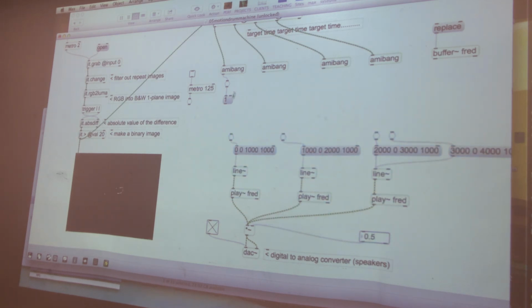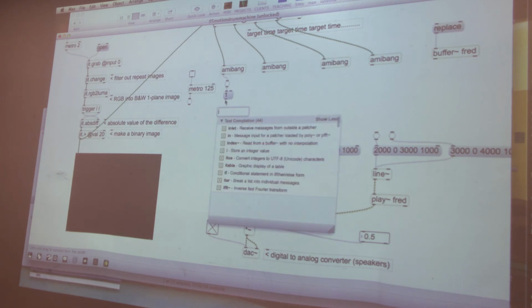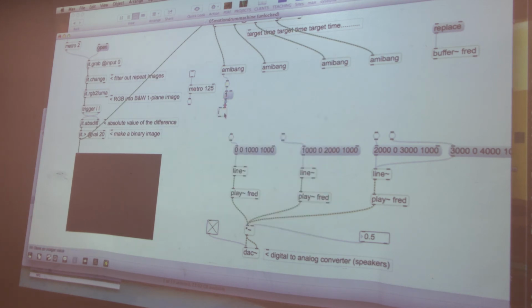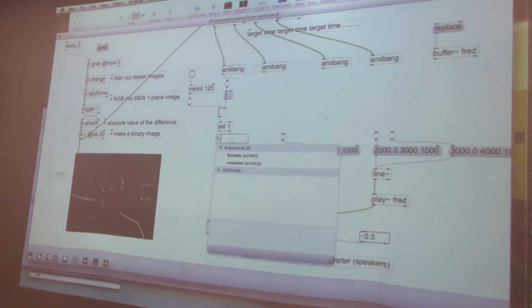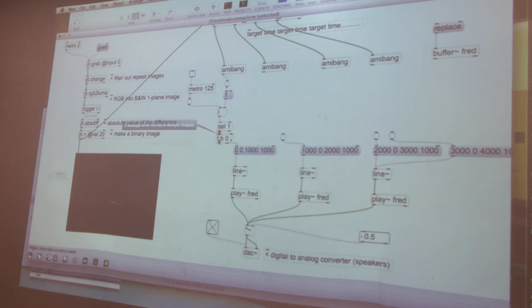Let's see if this works. We're going to send that into the right-hand side of an integer box. Remember we were doing smoothing last time, we used some of these? You send something into the right of an integer box, it doesn't come out until you bang it. So this is going to bang it. When it's a 1, it's going to fire this, and then it's also going to fill itself with a 0